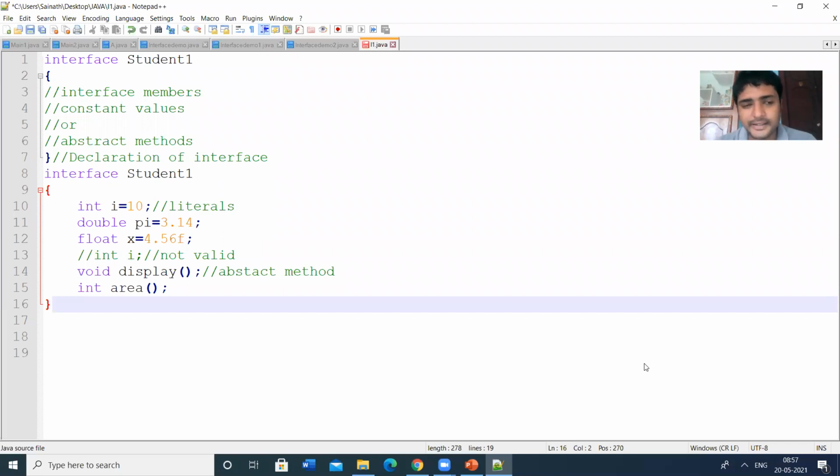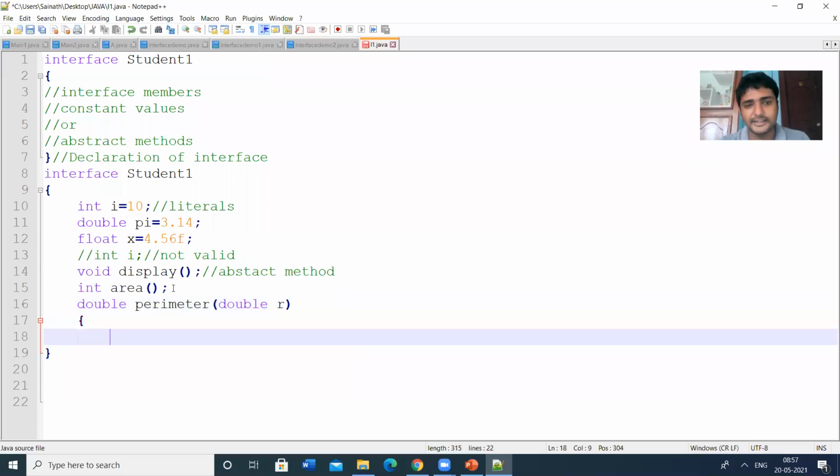Abstract method means the method has no definition. Let us take another method, double perimeter. In this, we can pass the radius value and then define that method.